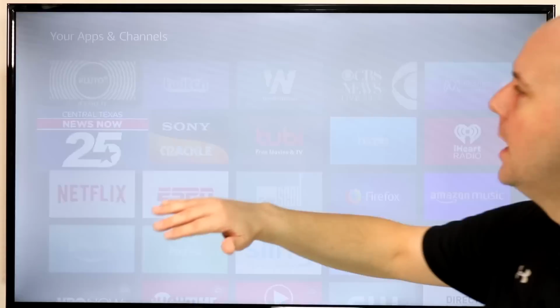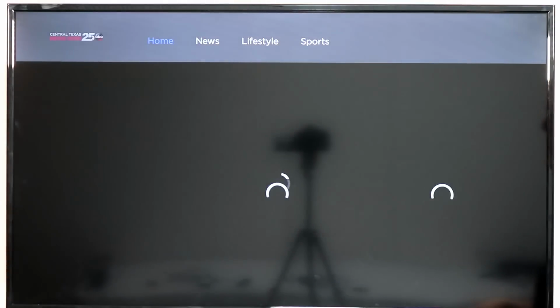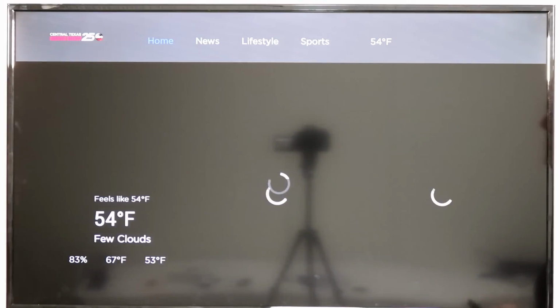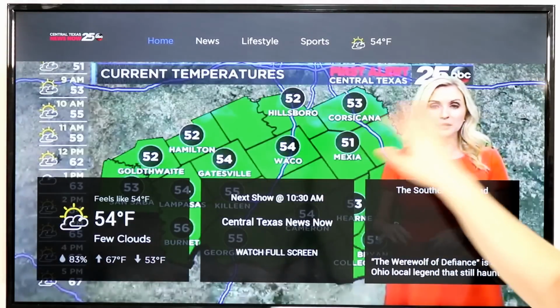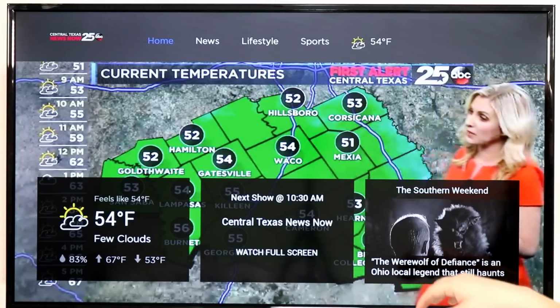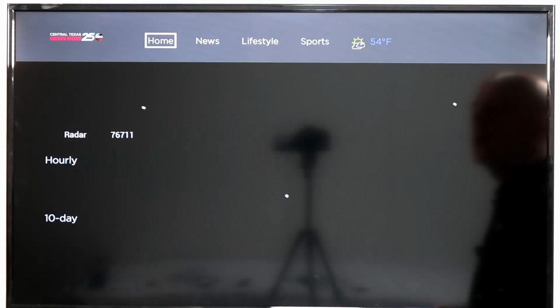Next up is an example of what I think you should look for. Now this is one of my local TV stations, Central Texas News Now. Most TV markets now have one or more of their TV stations that offer an app on the Fire TV, and it allows you to do things like watch replays, live news, or replays of current news. You can go in here and you can get weather, anytime you want it, a live weather